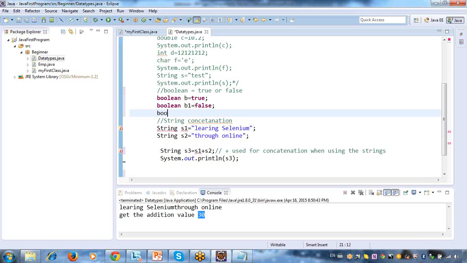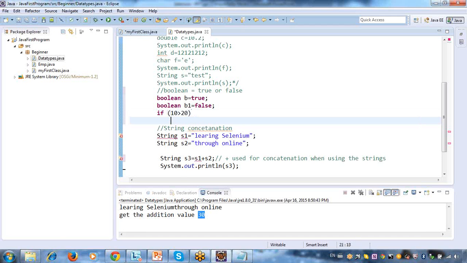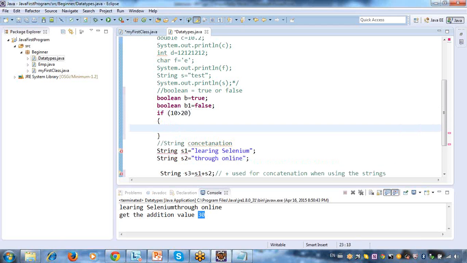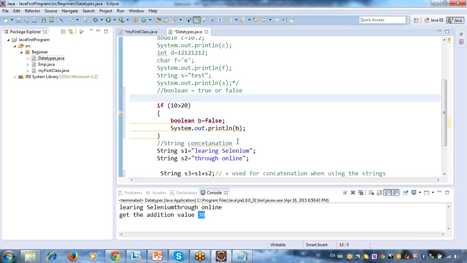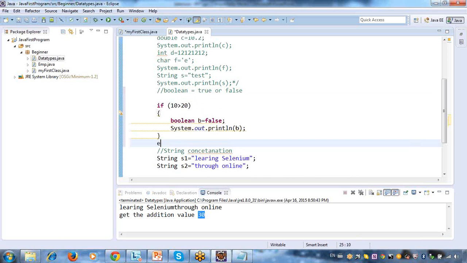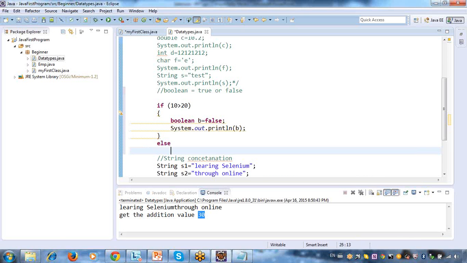I will write like this also: if 10 greater than 20, then I will tell you how to implement the if condition in a few seconds. First I wanted to tell you how the boolean will be written. Now I will say false, b, else.